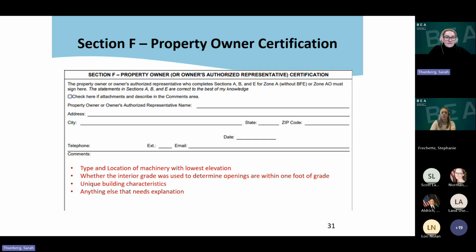So Section F is just the property owner certification, or the property owner's authorized representative certifying that everything here is correct to the best of their knowledge, as well as any additional comments or details for the elevation certificate. So similar to Section D, this Section F is just for,